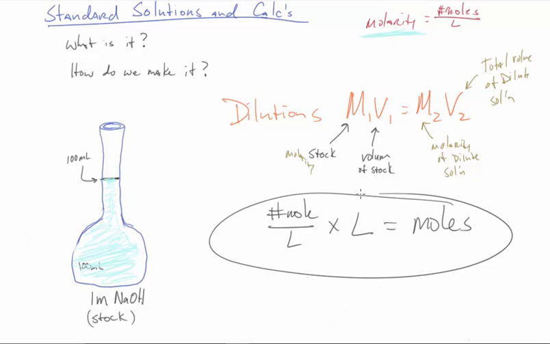And so this is a huge calculation that we're going to do when we're dealing with any kind of solutions. A lot of the time we're going to have to use, hey, I added this much volume, how many moles did I actually add to it? And so this is a very important